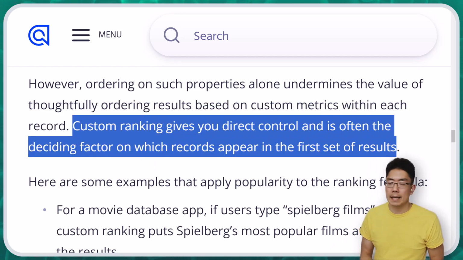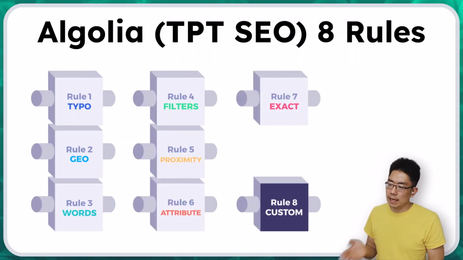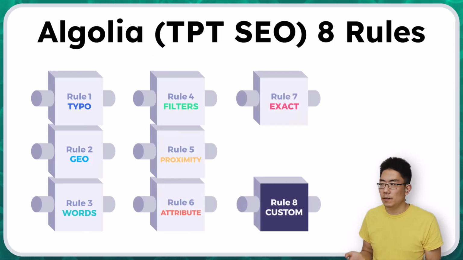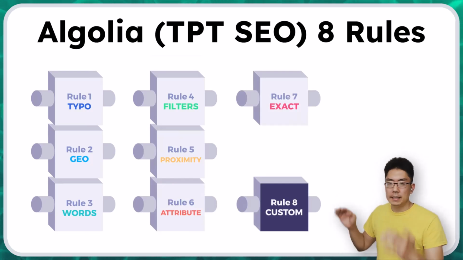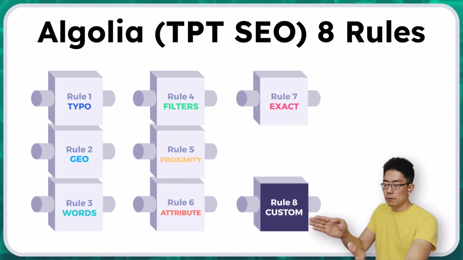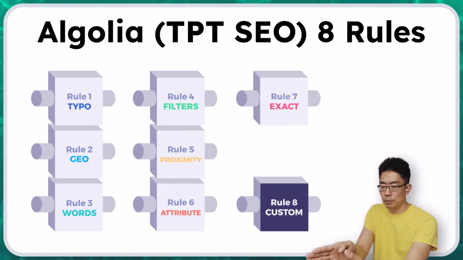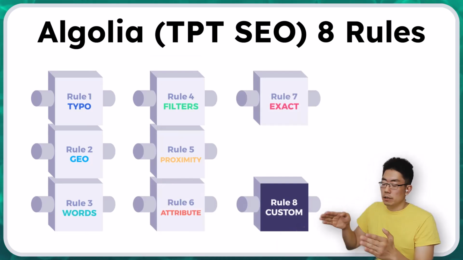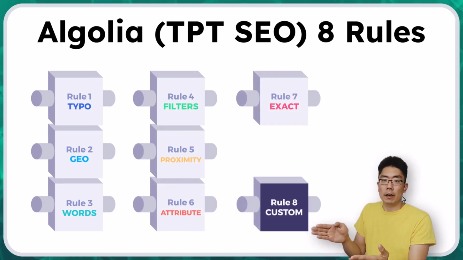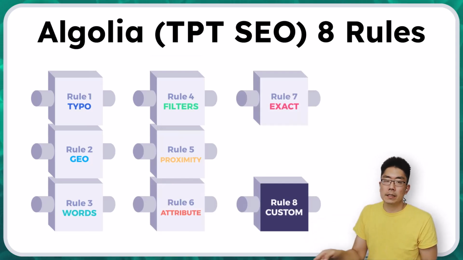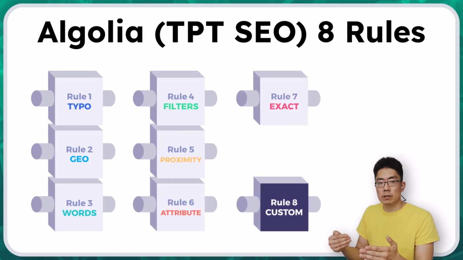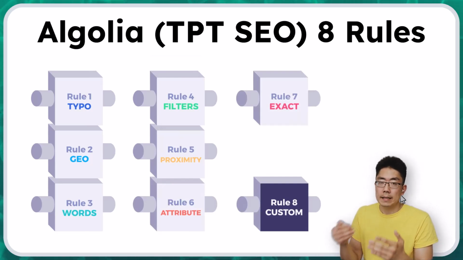Algolia goes on to say that custom ranking gives TPT direct control and is often the deciding factor on which records appear in the first set of results. If we go back to this image from the Algolia YouTube video about their 8 rules, each section is a tiebreaker and you have to be in the first group for each attribute. But after you finish rule 7, you're still tied with a whole bunch of other resources. And that's where the custom rule then sorts those results to try to make sure that the teacher who's searching